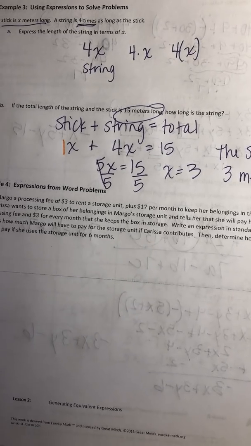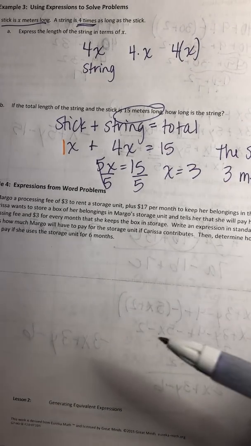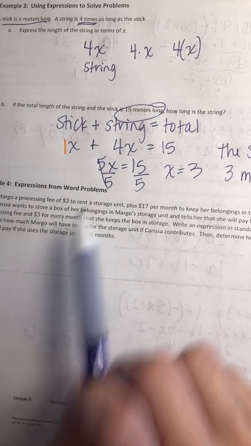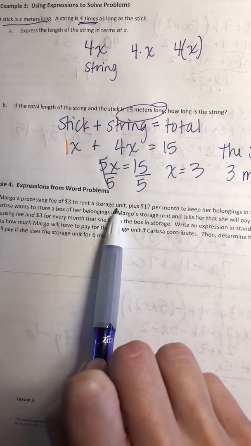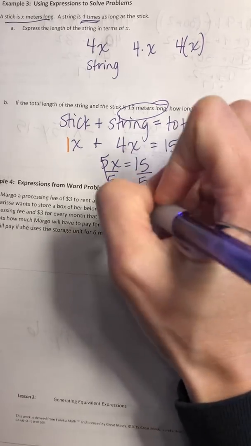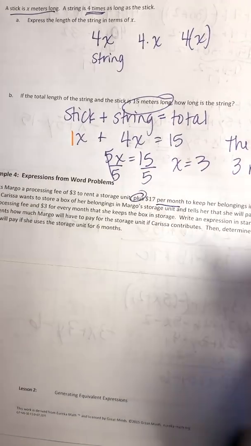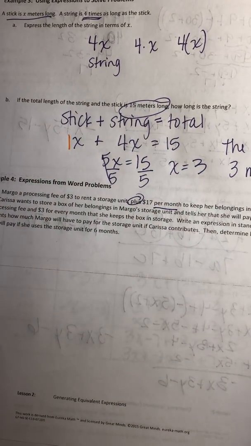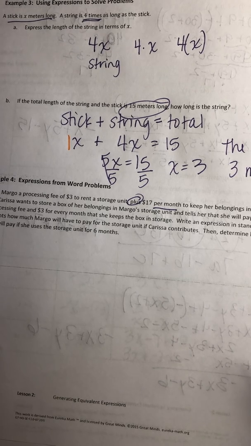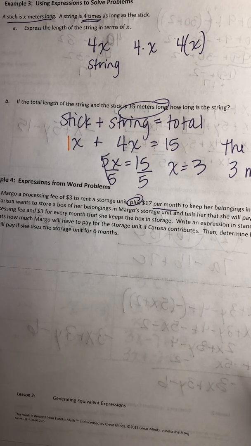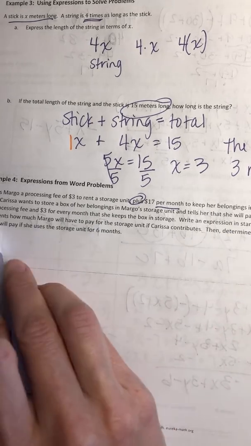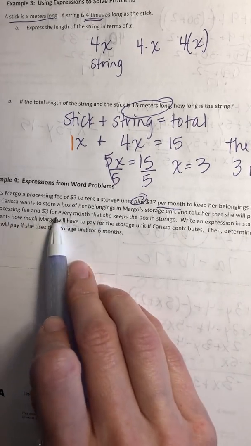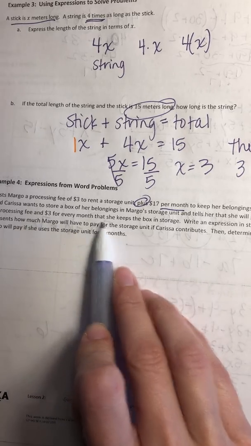Okay, let's look at a little more complex of a word problem. It says expressions from word problems. It cost Margot a processing fee of $3 to rent a storage unit plus $17 per month to keep her belongings in the unit. Her friend Carissa wants to store a box of her belongings in Margot's storage unit and tells her that she will pay her $1 towards the processing fee and $3 for every month that she keeps